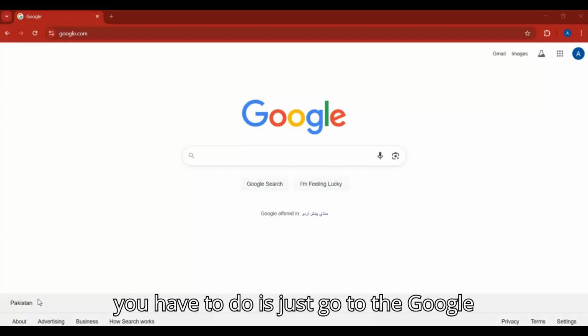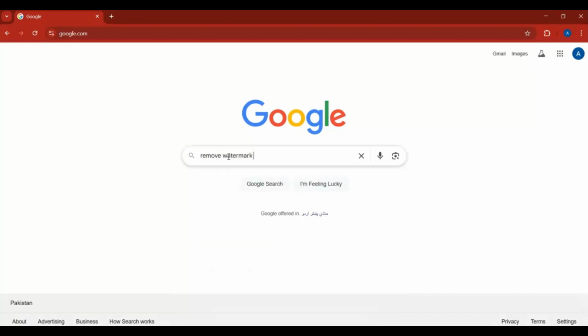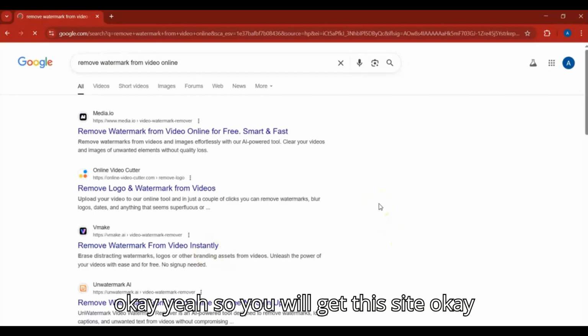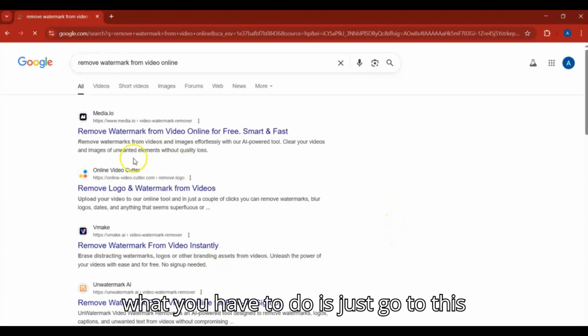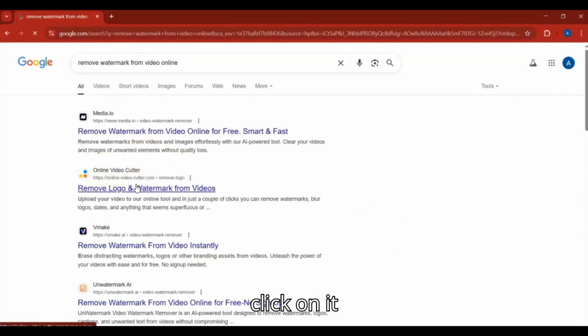So first of all, what you have to do is just go to Google and write remove watermark from video online like this, okay? And press enter. Yeah, so you will get this site, okay? What you have to do is just go to this site, which is Online Video Cutter. Just click on it,